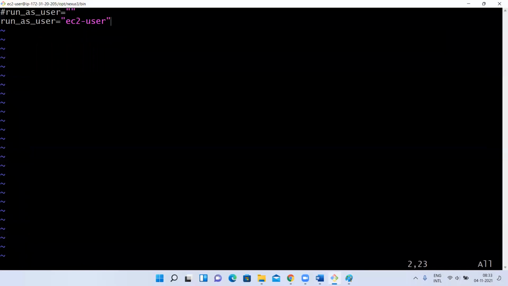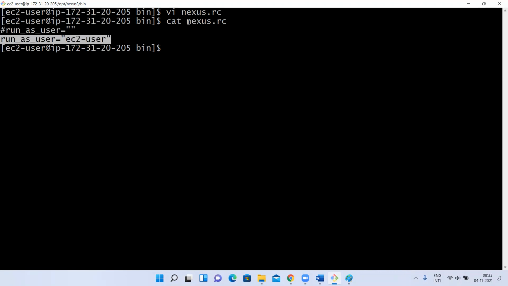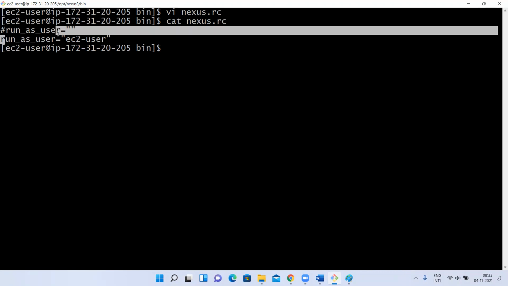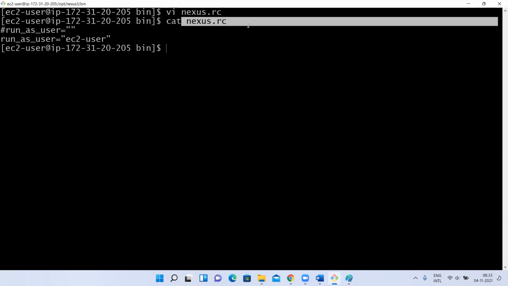So now this file should have only one line. Remember, they'll ask in interviews also what steps you follow to configure Nexus. You tell them, in general we go and start it from bin, but I configured it as a service. How to configure it as a service? Change the ownership of nexus and sonatype-work to one user, and add that user in the nexus.rc file, putting run_as_user equal to that username. So this user is going to be the admin to run your Nexus.